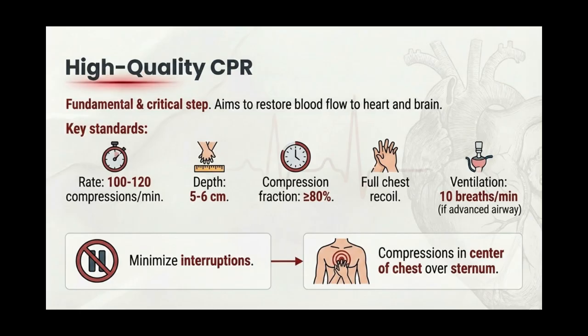A ventilation rate of 10 breaths per minute is also part of the guidelines. The overarching goal of high-quality CPR is to maintain continuous chest compressions with minimal interruptions. Two theories contribute to the understanding of how blood is propelled forward during these compressions: the cardiac pump theory and the thoracic pump theory. It is crucial to note that chest compressions represent the most vital component of CPR and must be initiated without delay.